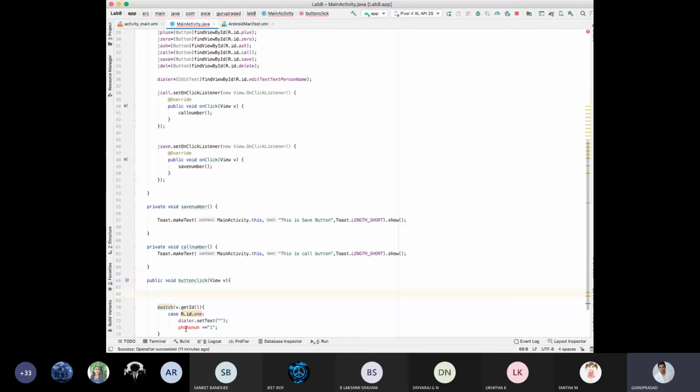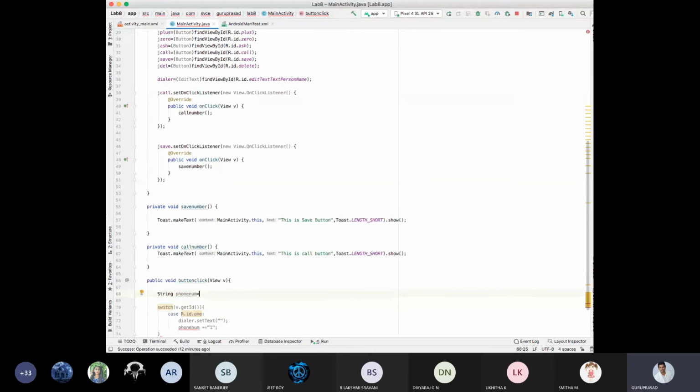error. Alt enter. See here, create a local variable phone number. Yes, I'll create a phone number. I'll take it as string phone number. Phone number is equal to my dialer dot get text dot to string, semicolon.